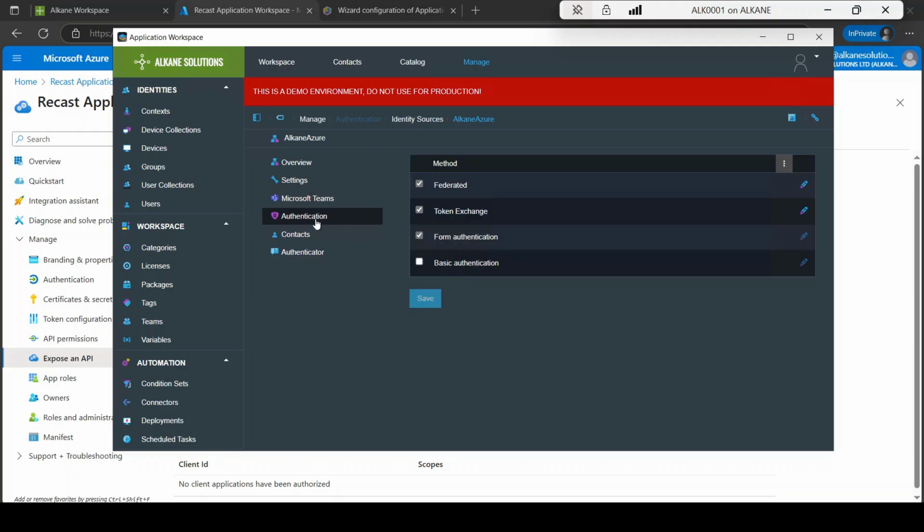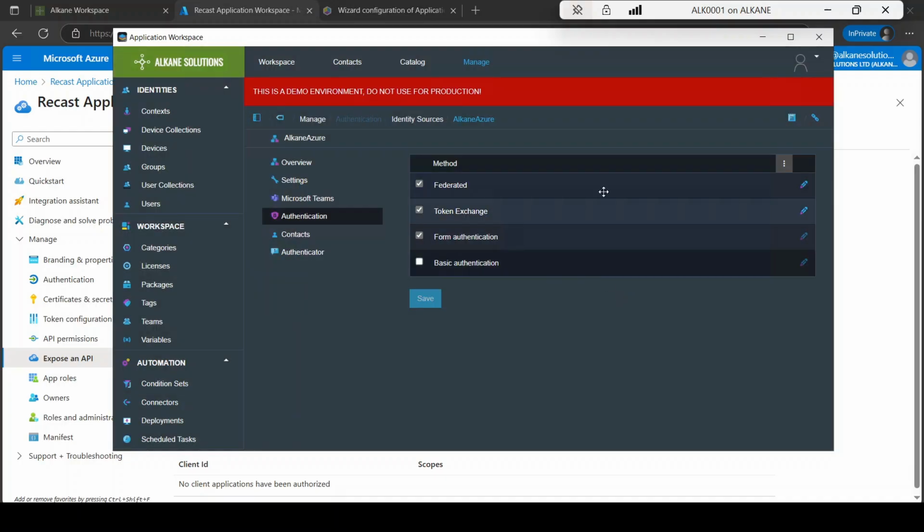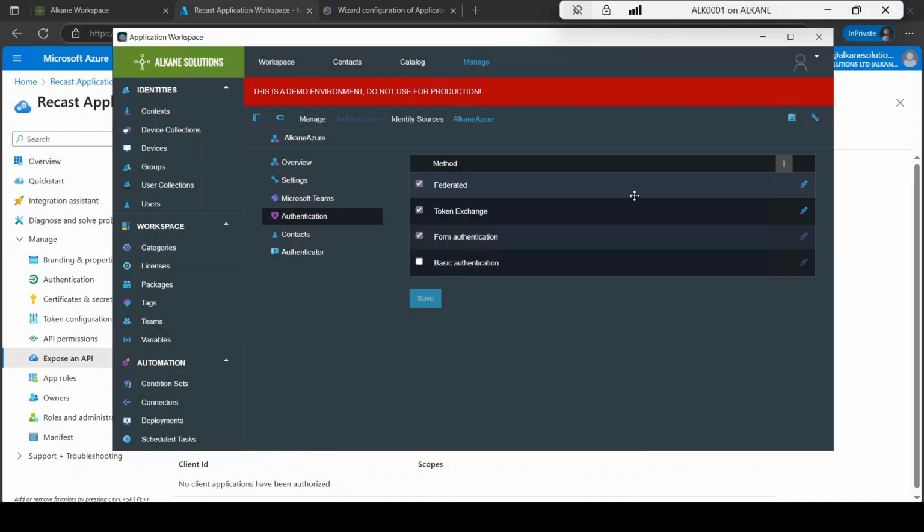If we head into authentication, you see that we've still got forms authentication enabled in our lab here. You've got token exchange as well that you need enabled. If you look in token exchange, you will need to populate this with the GUID for your application ID. It does say URI there, but it's not. That actually didn't work for me, so I just specified the application ID, the GUID itself. And then federated, there's nothing to do in here. It uses OAuth 2. You just need to enable that so that you can enable single sign-on authentication using your